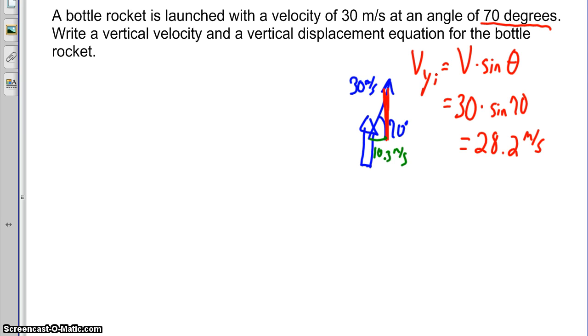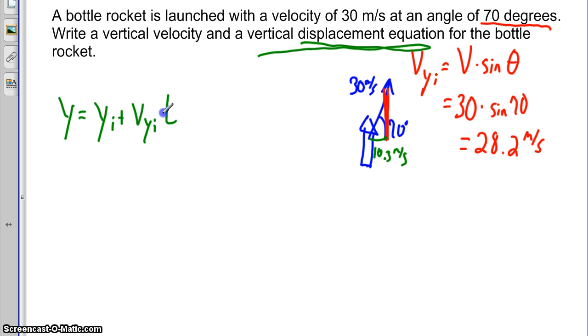Now I want to write the vertical displacement equation. So this one's a little bit more difficult. If you can write this one, you can really write any of them. The vertical velocity is easier, I think. Alright, so the vertical displacement equation is going to be